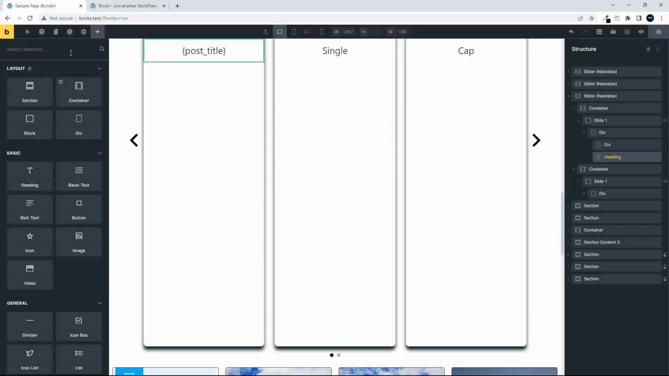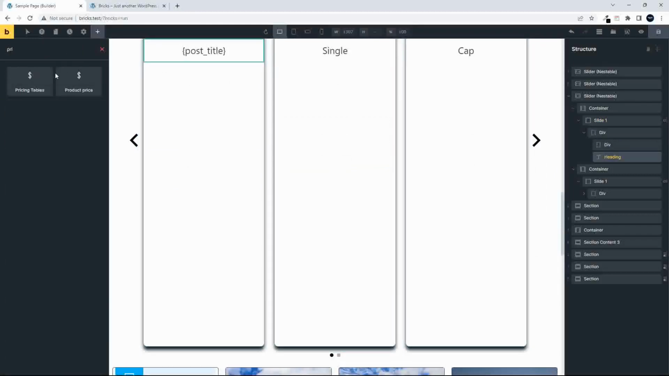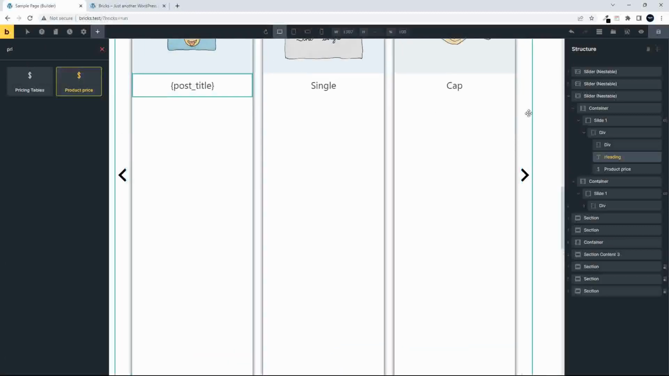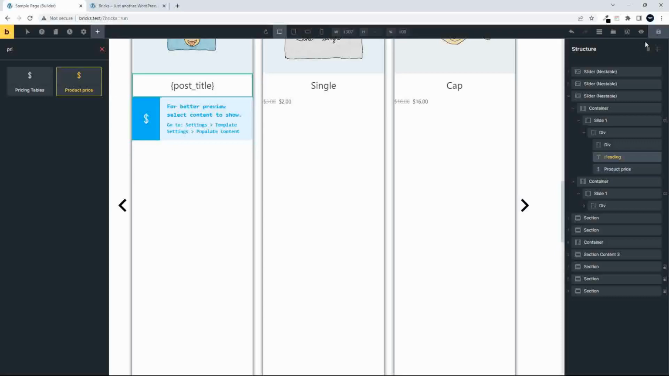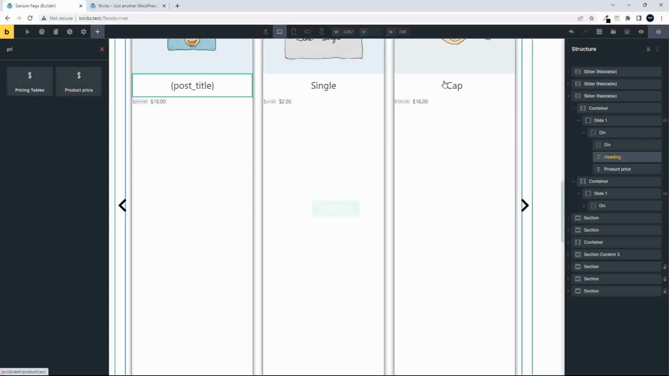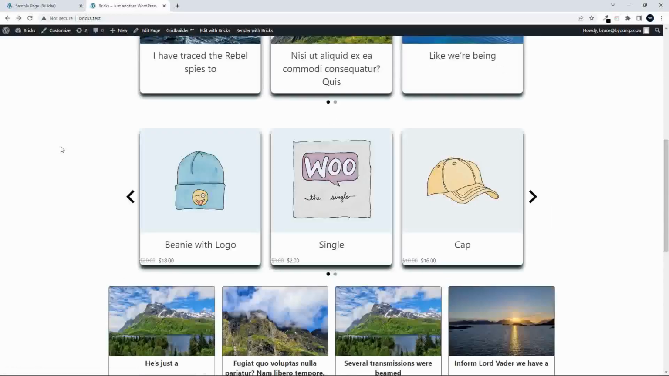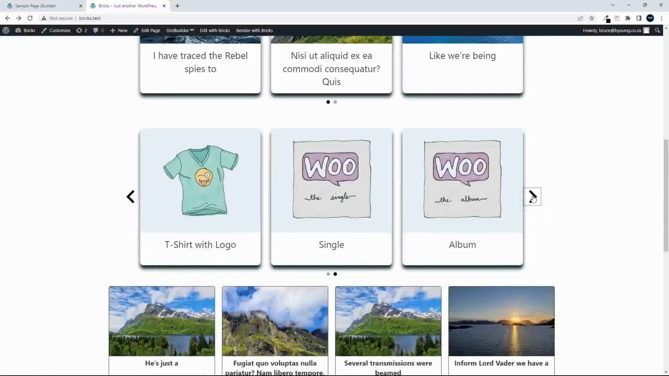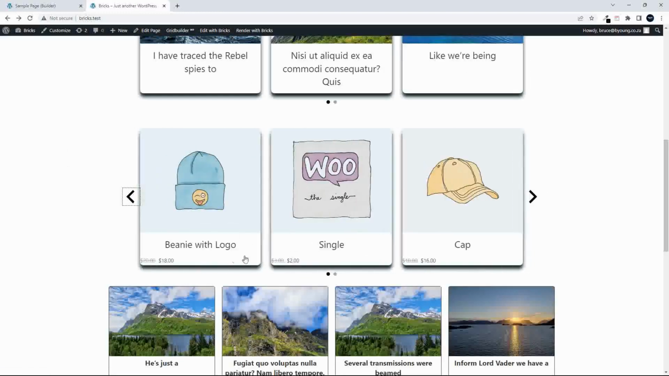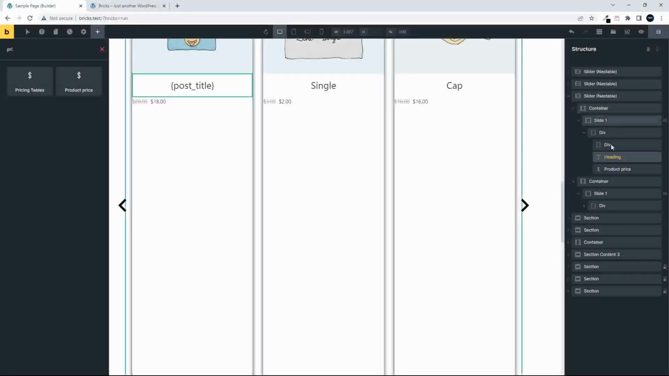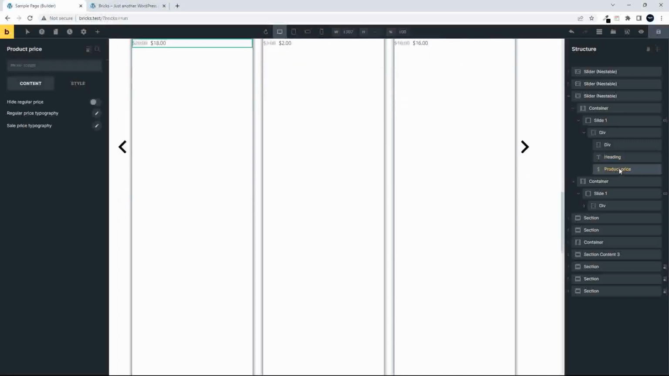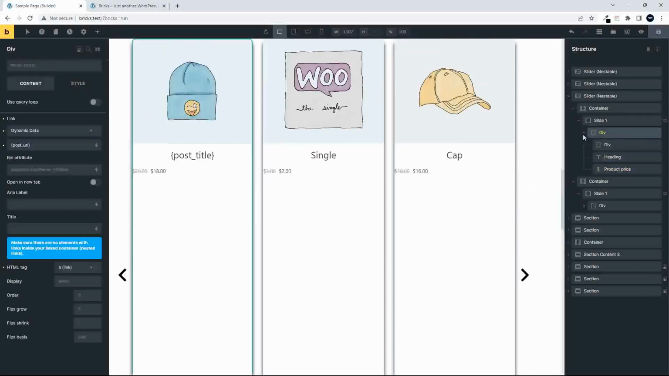So product price under the title. So we've added the product price. Let's save. Head over to the website. And there you can see we have the product price. I haven't formatted it, but you can see then on that slide where we have the sale items, we've added the product price. In fact, what we can do on that div,